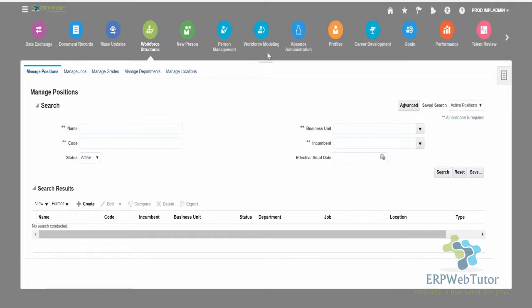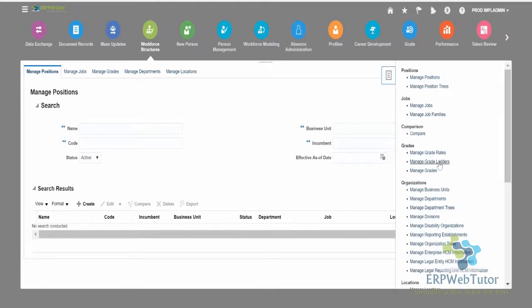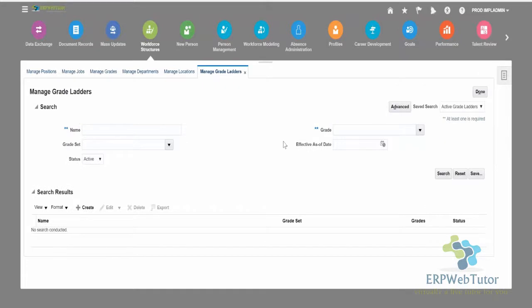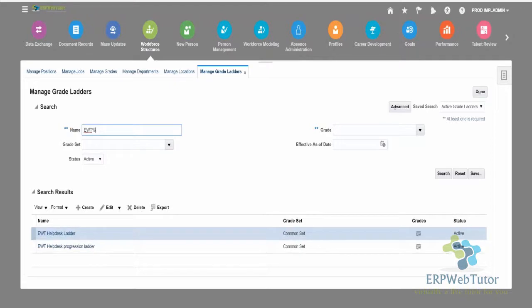Now, in here, you have something called manage grade ladders. So let me try to find what are the grade ladders that I have. I have two grade ladders. Now this grade ladder, EWT help desk ladder, has been created in the workforce structures area. This will not work for grade step progression. The EWT help desk progression ladder has been created